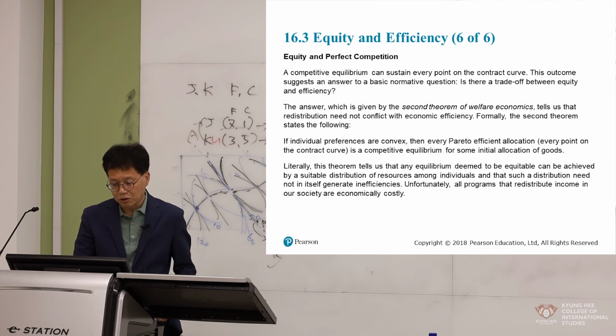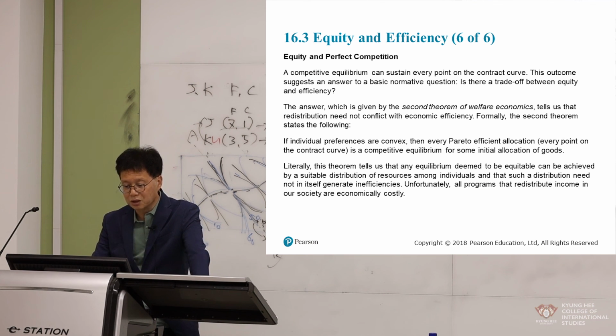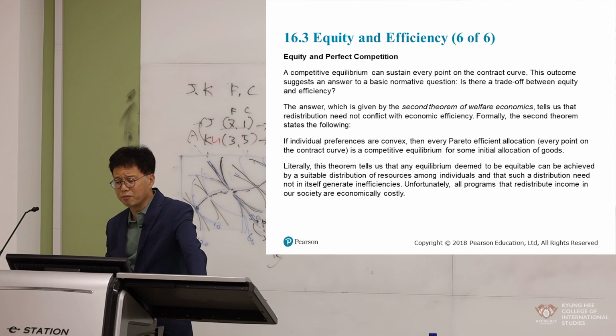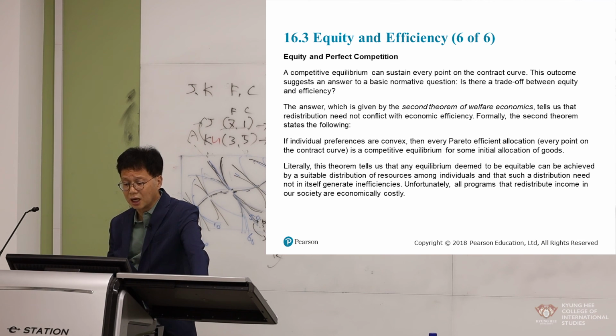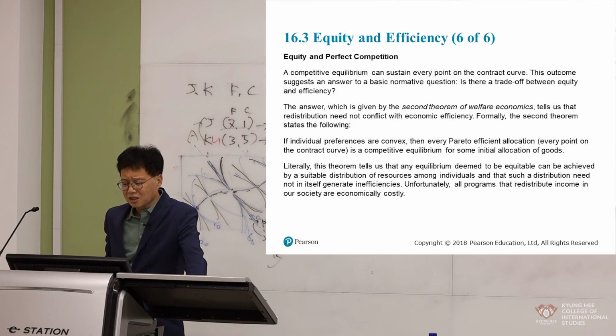Okay, and so the last slide, equity and perfect competition. A competitive equilibrium can sustain every point on the contract curve. This outcome suggests an answer to a basic normative question. Is there a trade-off between equity and efficiency? Is there a trade-off between equity and efficiency? The answer is given by the second theorem of welfare economics. Right, I already explained the first theorem of welfare economics. Second